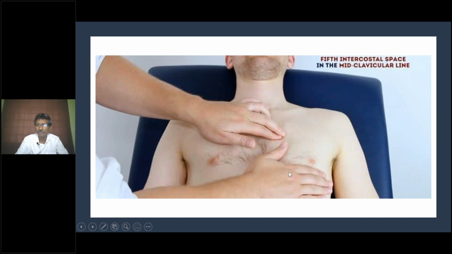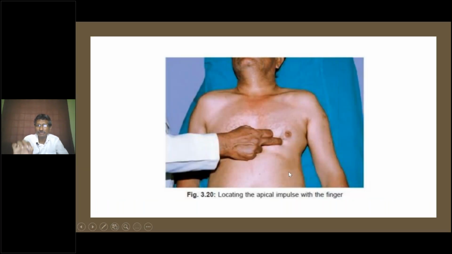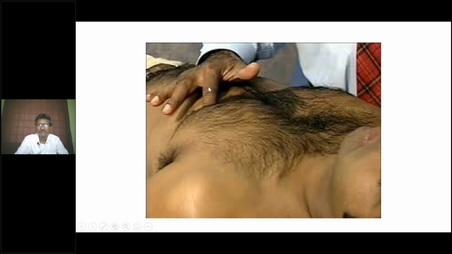What you have to do next is use a single finger to localize the apex. See here, the index finger is kept and the apical impulse is localized.